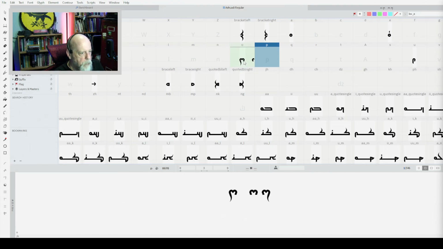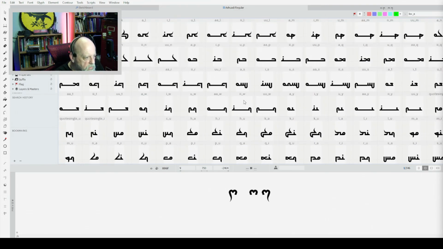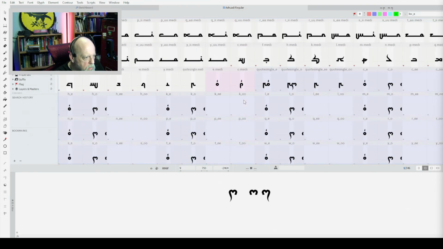But I'm going to have an O medial form and an O final form, and I need to figure out how those work. O medi is right there.